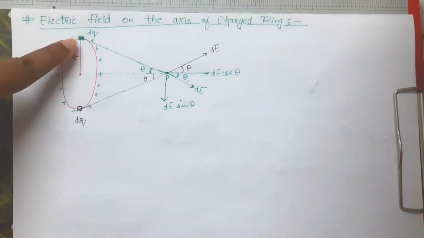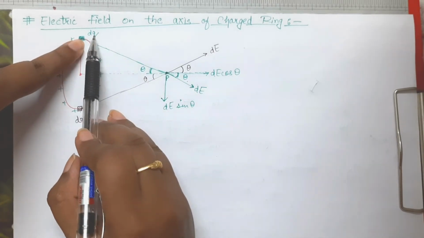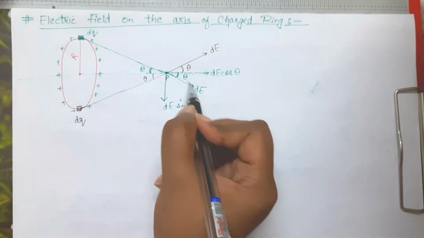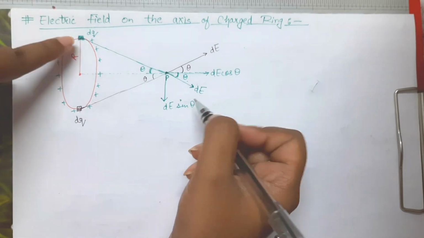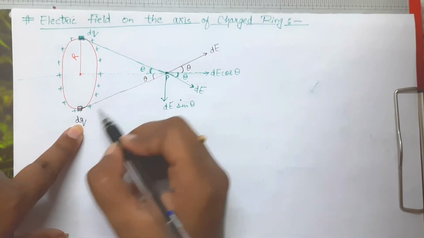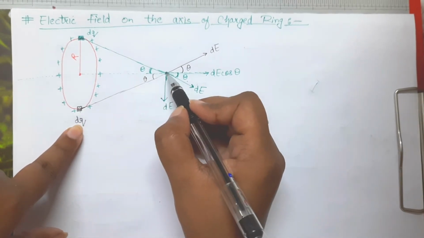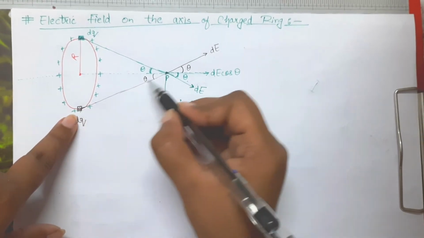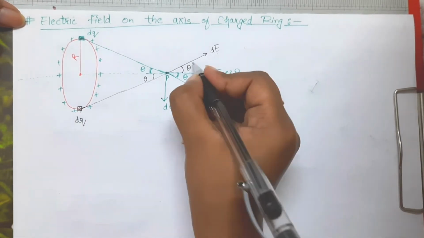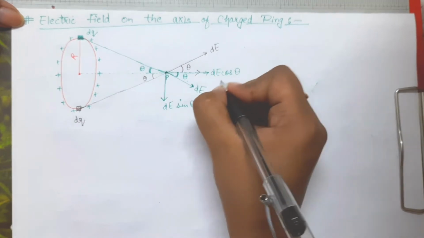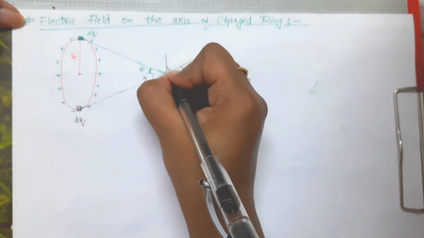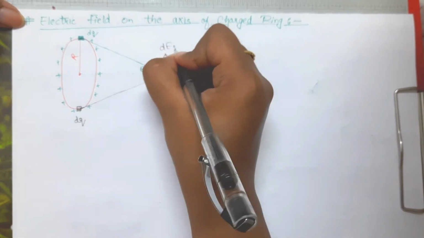First of all, what we have done is cut out small length dl having charge dq. Due to this small charge dq, there was field dE. We made two components, dE cos theta and dE sin theta. Similarly, we have now cut out small length dl here, having charge dq. This is also subtending angle of theta at point P. At point P, due to the small charge dq, again there is small field dE. Now again we'll make the components just like this one. In the direction of theta, there will be a component dE cos theta, and at 90 degrees there will be a component dE sin theta.